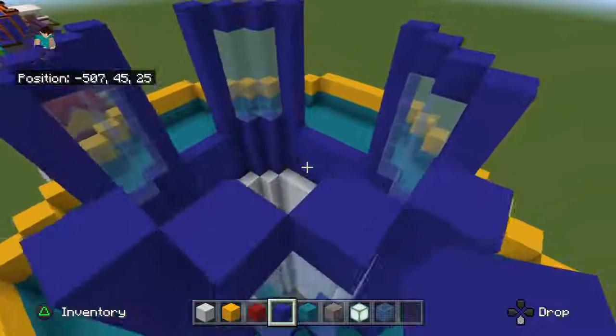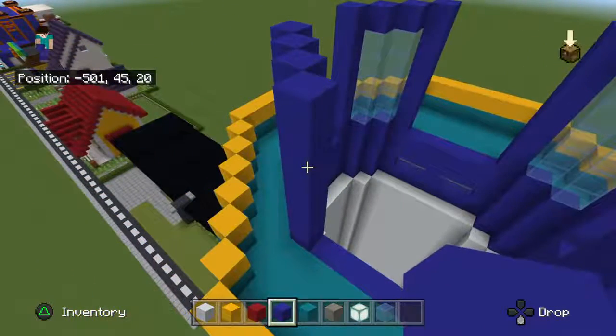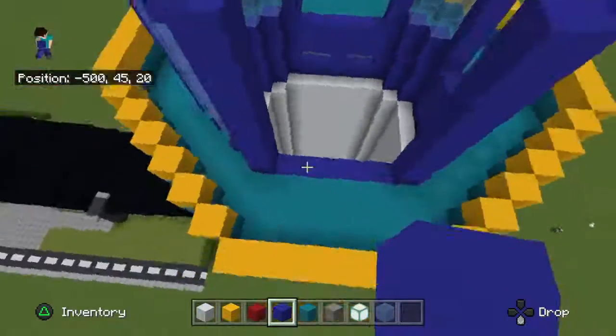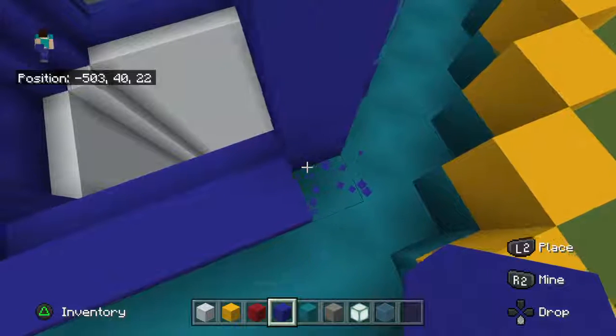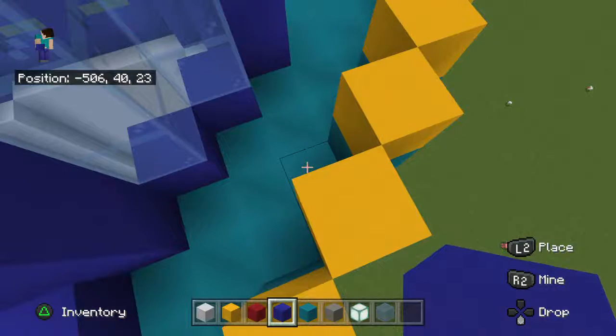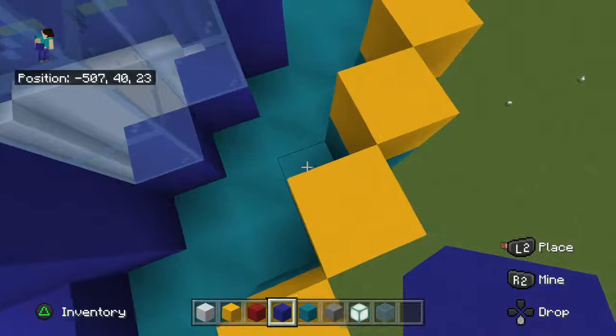in front of the empty space, and you want to place a row of blue concrete on the front, on the left-hand side. I know this is a difficult shape, and then on the back as well, just one row above and diagonally in regards to the empty space like this. You just want to place